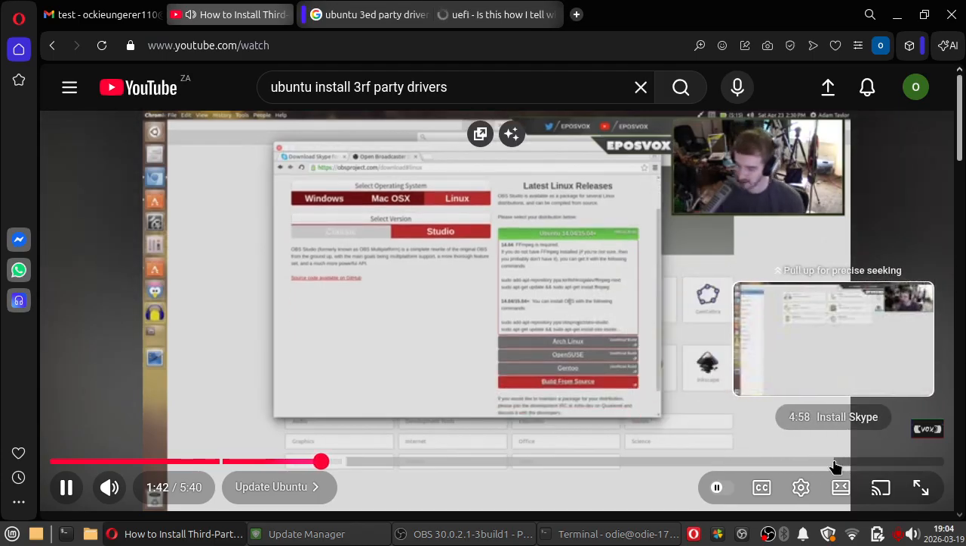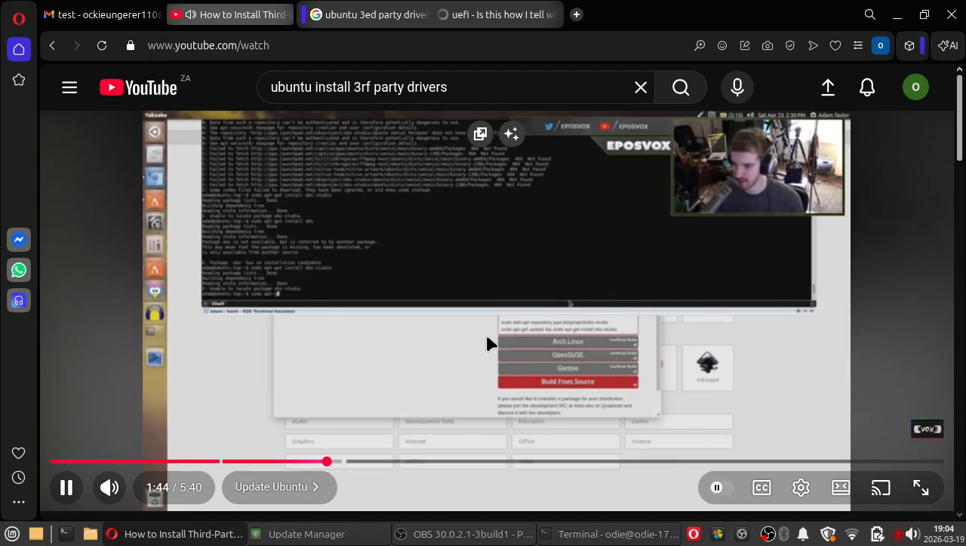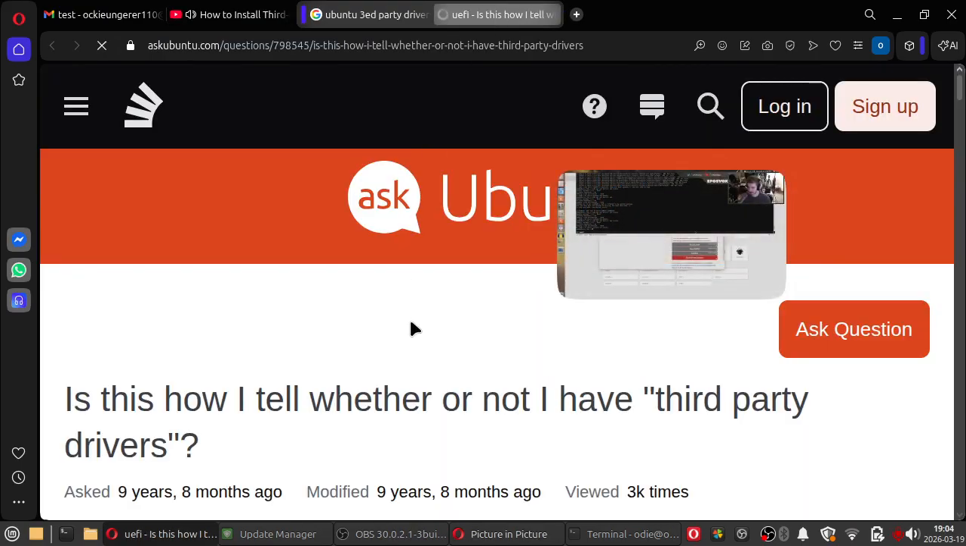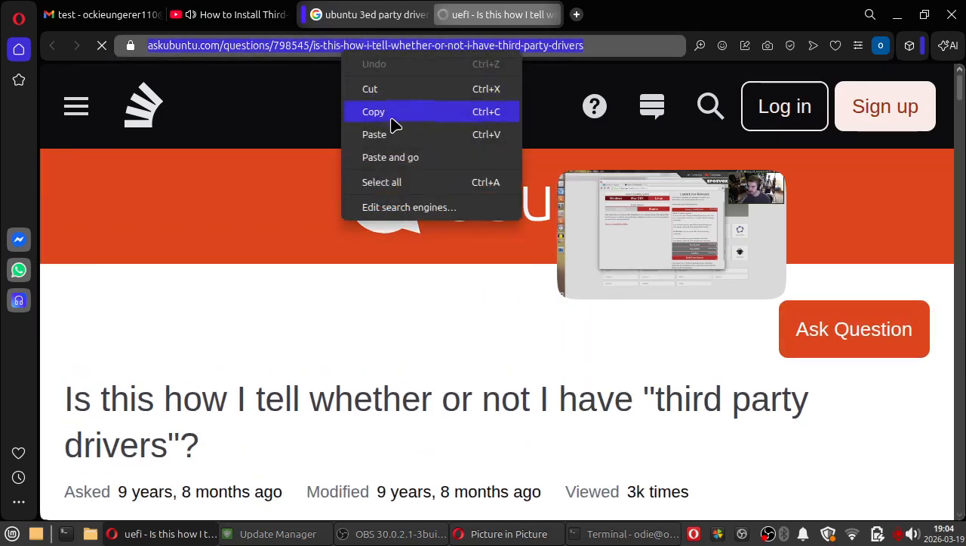I added the repository, but if I go to sudo apt-get install obs-studio, it can't find it. But a lot of programs, like